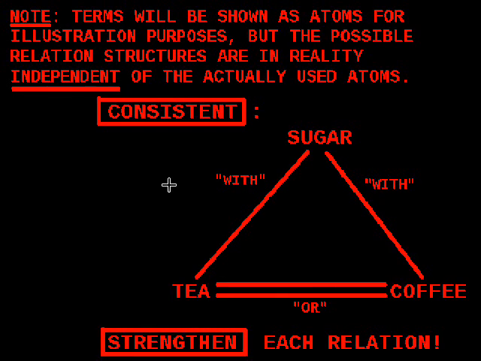Now, as I said, I'm giving you atoms here with terms for illustration purposes, but don't get carried away with that. This is just to make it easier to grasp, as it is the first time you are likely to hear that. So, you can have tea with sugar, or coffee with sugar. And it's also quite likely that you can have tea or coffee. So you're saying that these 3 relations, namely 2 weak connections and 1 ana connection, are consistent, and you can